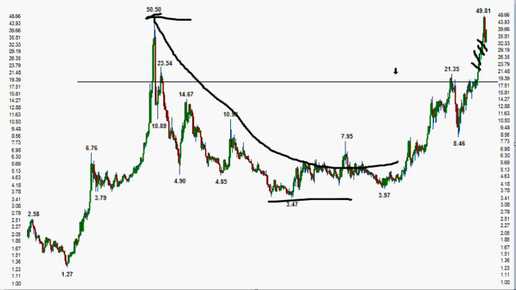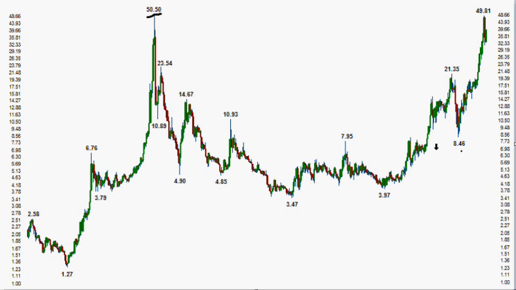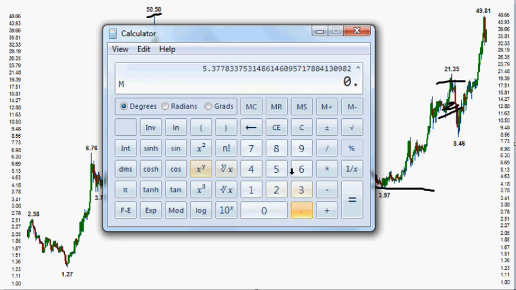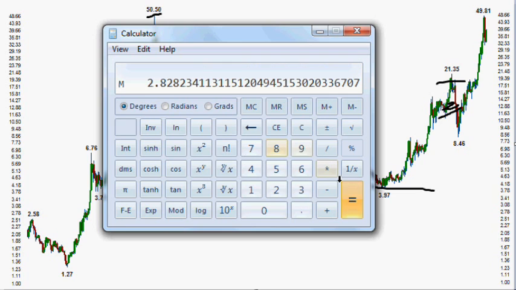Now, as far as the Fibonacci that took us down to 846, if you're at this level, you're coming up towards here, and you're seeing the market sell off, you're like, okay, where are we going towards? Well, we can do the same Fibonacci that we're used to. We can take the 2135 high, divided by the 397 breakout lows, and we'll put this to the power of 61.8%, multiply $3.97, and that gives us a mark of